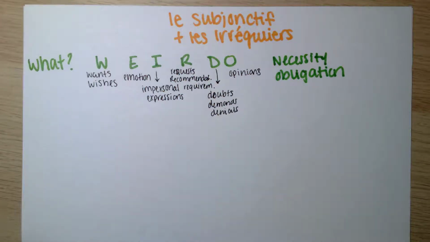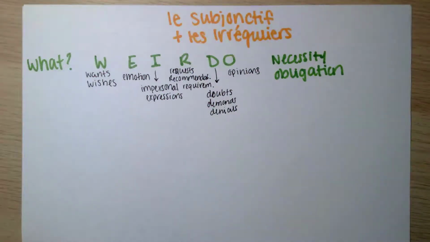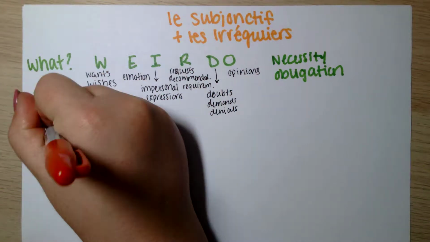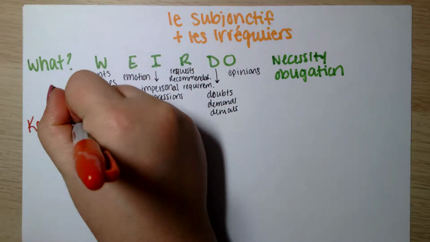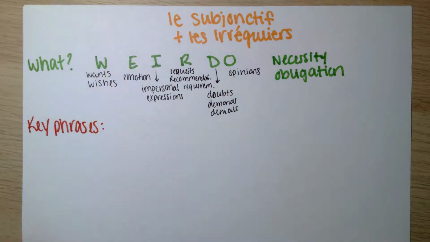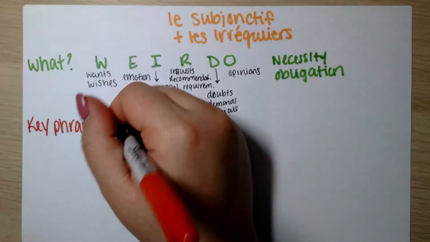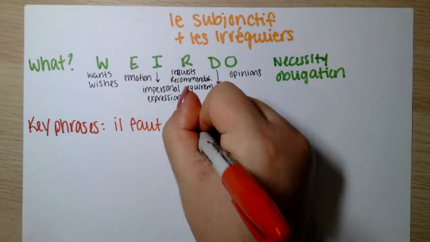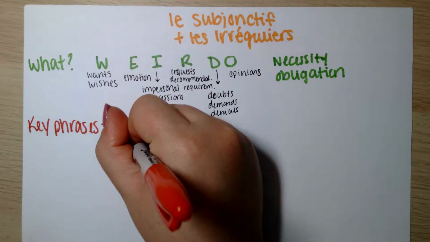The next thing I want to talk about is some key phrases that will trigger the subjunctive. Once you see these phrases, and there are of course more than we're going to list, you're going to know that the second part of your sentence is in the subjunctive. So these are the key phrases. Okay, our key phrases that we talked about were il faut que, il est nécessaire que,